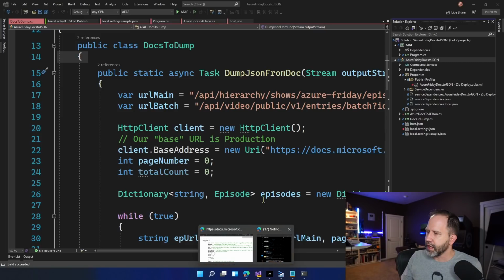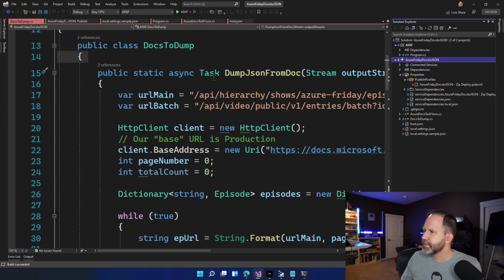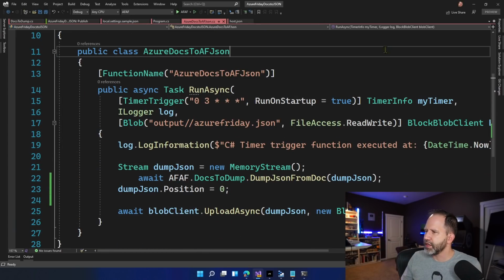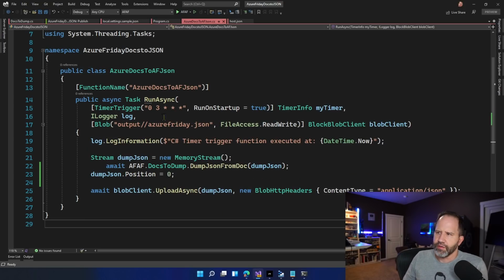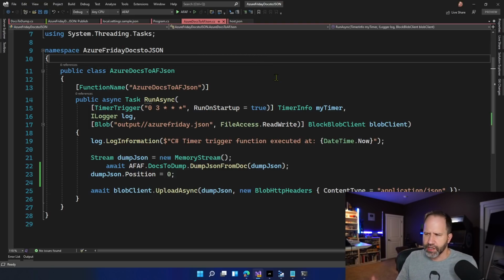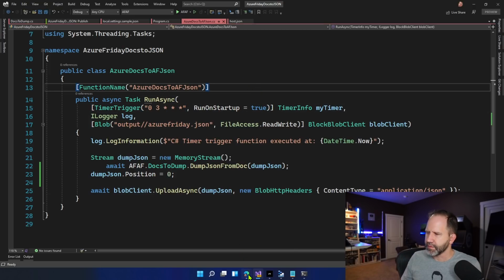So in my application here, let's go back to my app. Go into my app. That is all I had to do to make an Azure function. So I have a function here called Azure Docs to Azure Function JSON, and it runs. It's got a function called run async in this case. And here's that cron string right there, right? And we could go and take that if we wanted to,